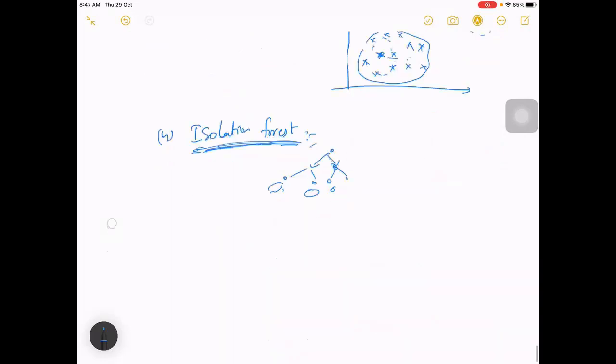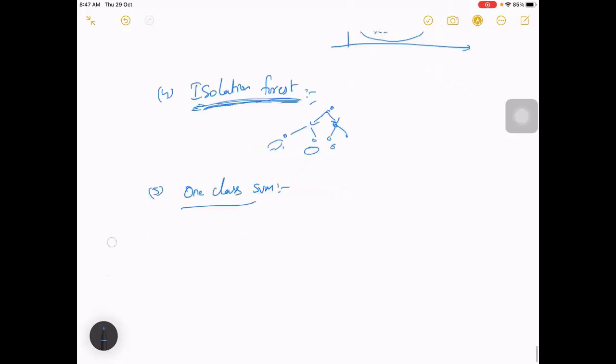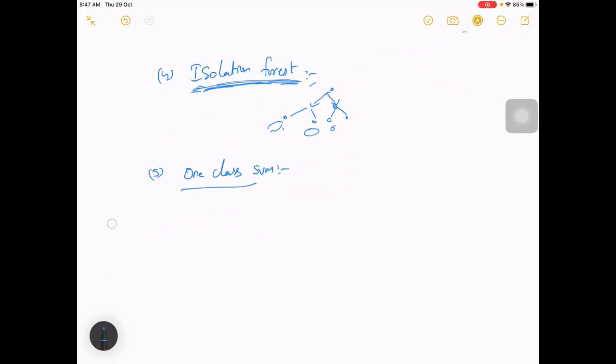Similarly, we have discussed SVM, right? There is one more thing, one class SVM. If you remember, with plain SVM we tried to find the margin which will classify this and this boundary.